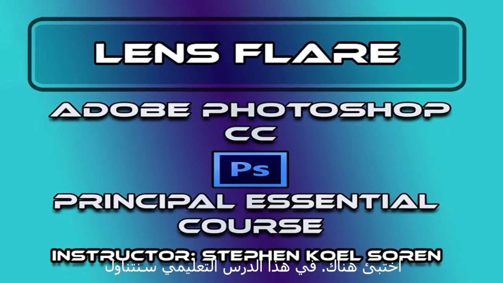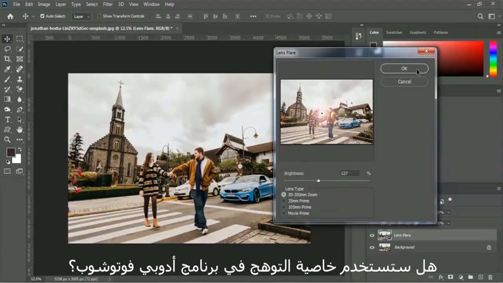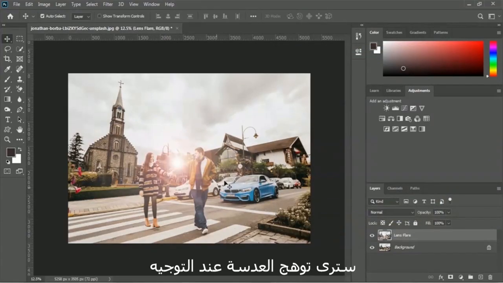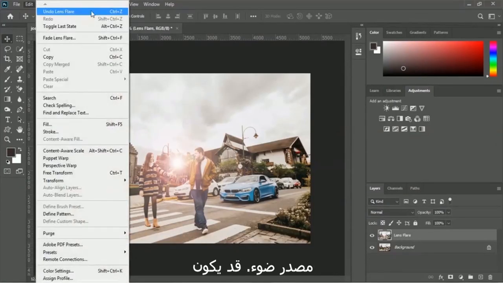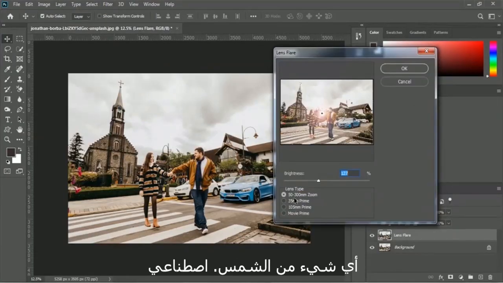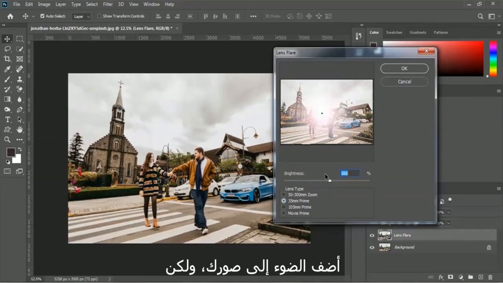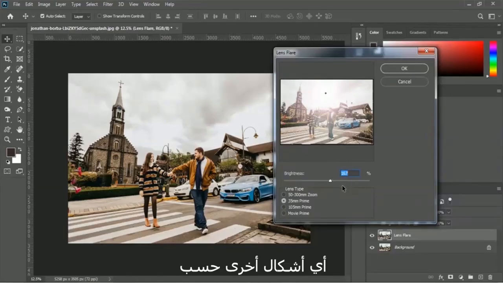Hi there, in this tutorial we will learn about lens flare in Adobe Photoshop. So what is lens flare in Adobe Photoshop? You will see lens flare when you point your camera lens toward a bright source of light. It could be anything from the sun to artificial lighting, often a circle of light in your images. But they could also appear like diamonds, stars, or sunshine, or any other shapes depending on the lens you have